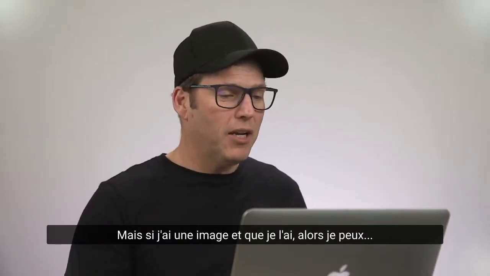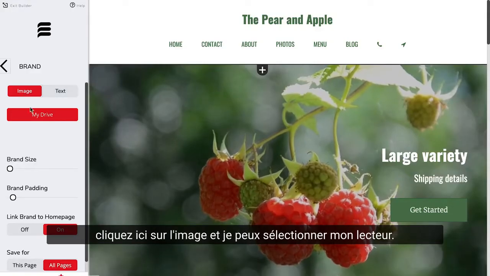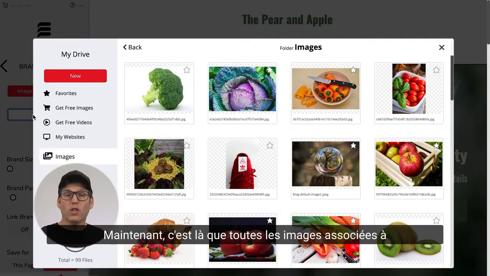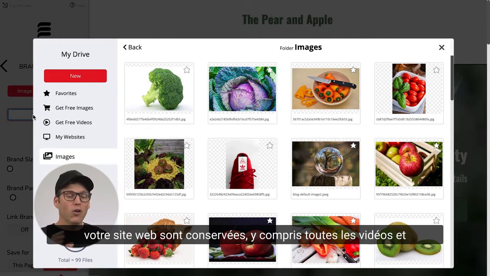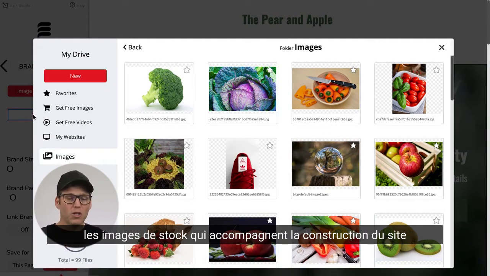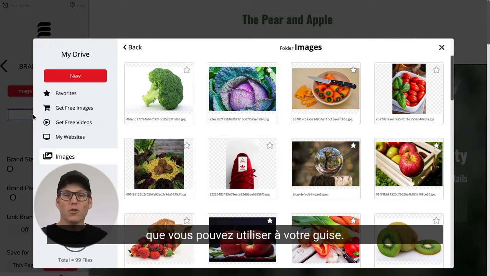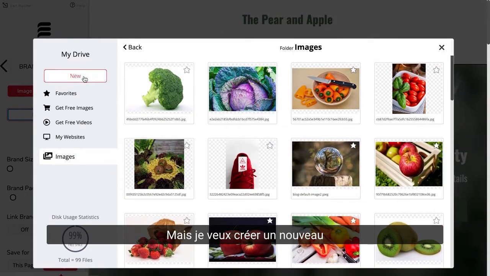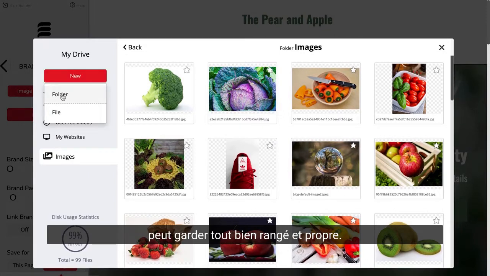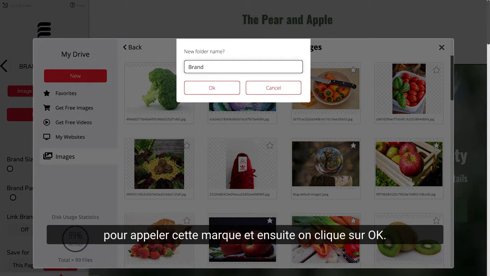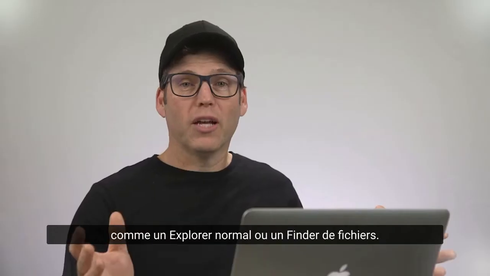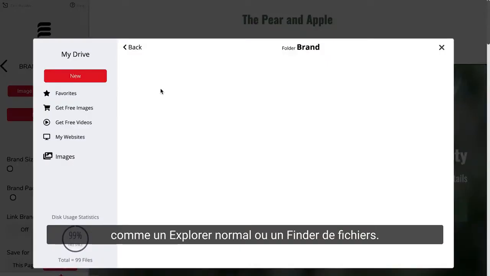But if I've got an image, and I do, then I can click over here onto image and I can select my drive. Now this is where all of the images associated to your website are kept, including all of the videos and the stock images that come along with the site build that you can use to your heart's content. They all sit here at the top level. But I want to actually create a new folder before I get started so that I can keep everything nice and neat and tidy. So I'm going to create a folder and I'm going to call this brand, and then we click OK, and then I click into that folder just like a normal Explorer or a file finder,